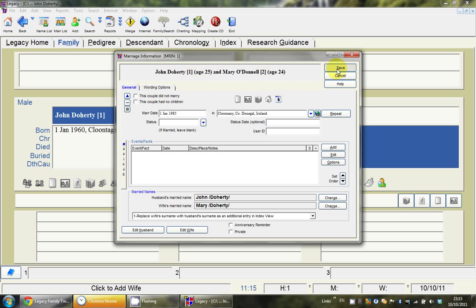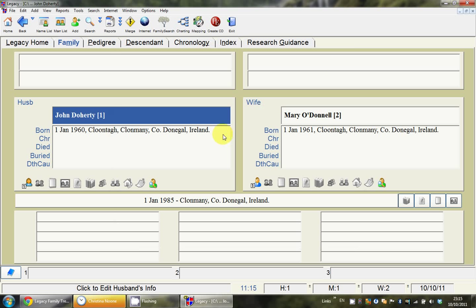So I'm going to click Save, and now you can see that the marriage information has been saved down here. Now what I'm going to do next is add a child. So I right click anywhere, or I left click down here anywhere in some blank space, and click add a new daughter in this case,